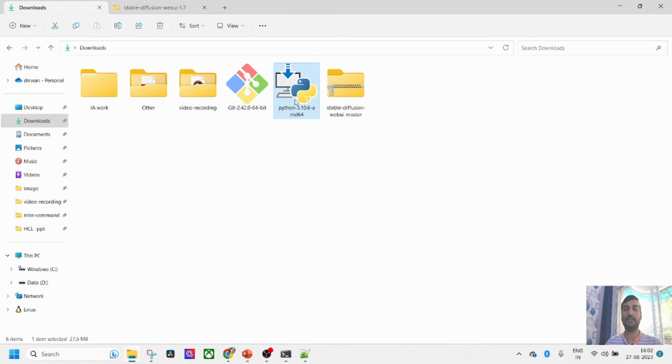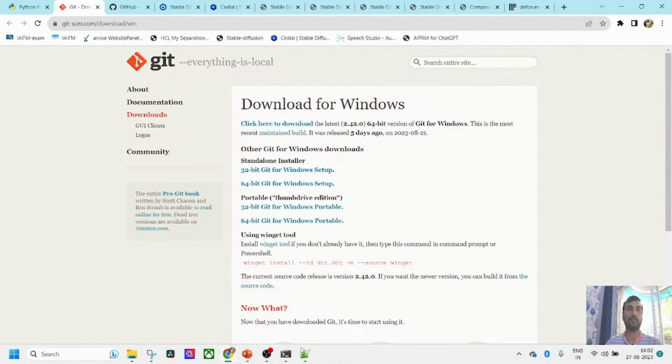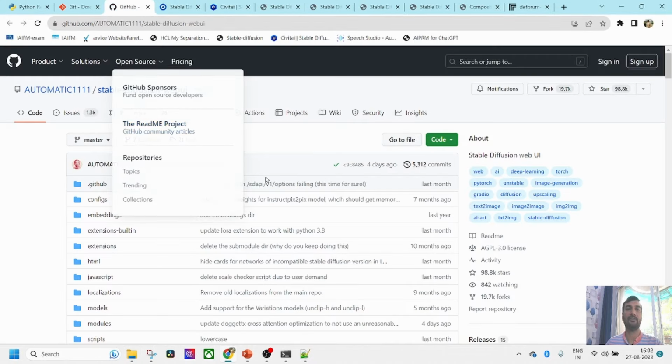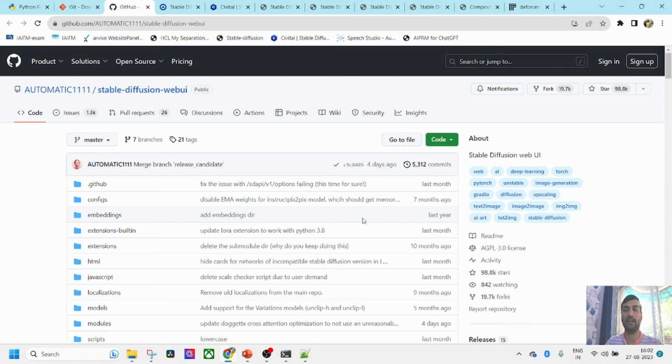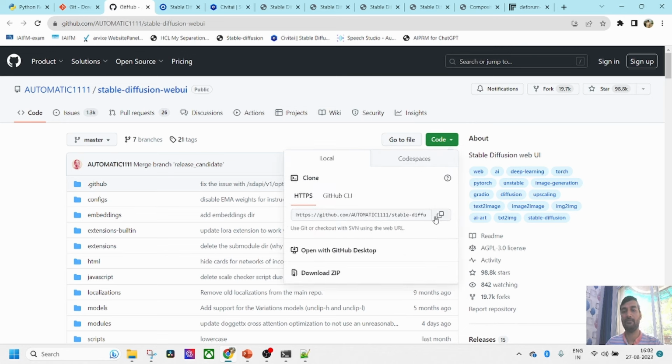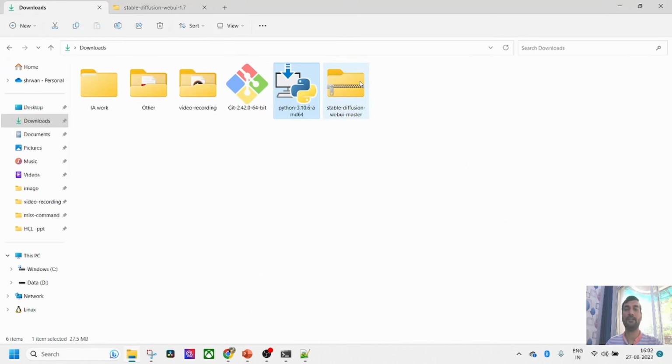Once we are done with Python, in a similar way we have to click on Git for the Git configuration. After Git, we have to go to the AUTOMATIC1111 stable diffusion web UI URL on GitHub and download the code. So now again we have two options. Either we can clone the code with Git or you can just click on download the zip. So I have clicked on download the zip to download it on my local machine. So I have downloaded the zip file here. I have to unzip it on my local drive. You can select your drive where you want to install the